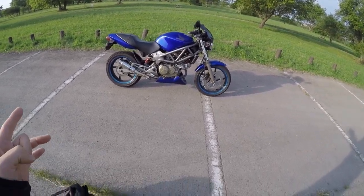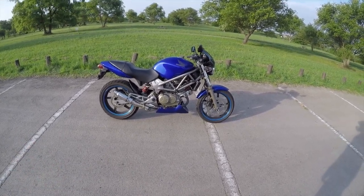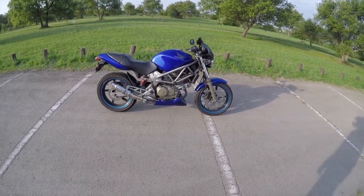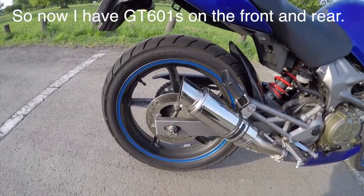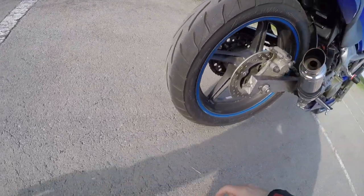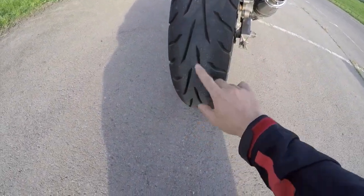And of course the rear had enough tread, but that wore down first, so I had that changed a couple months back. So the rear is still good, Aeromax GT601s. I like the tread pattern. It wears nicely, and